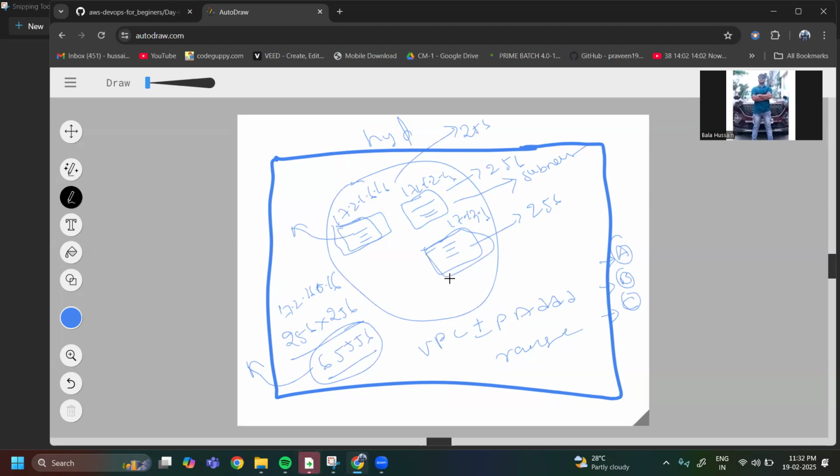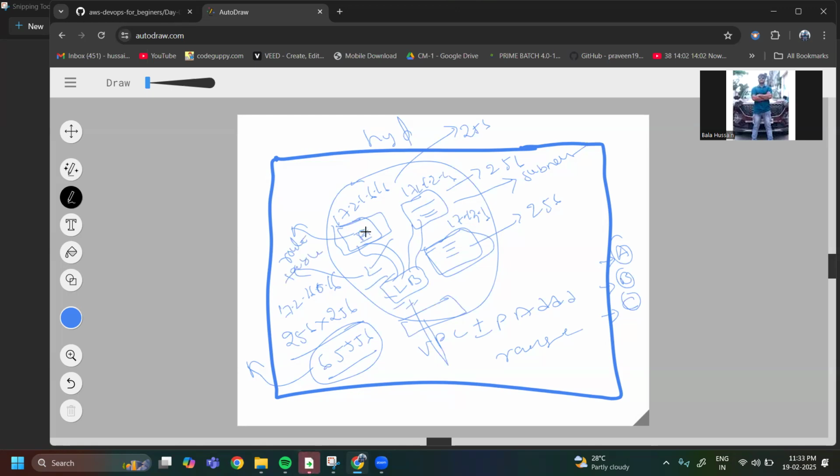So what will an AWS DevOps engineer do here? If you want to enter this particular VPC, there is the internet gateway, and this is the common space, the public subnet. Inside the public subnet there is the load balancer. Using this load balancer, we can route to particular destinations. For routing we use route tables, which help us reach our application.